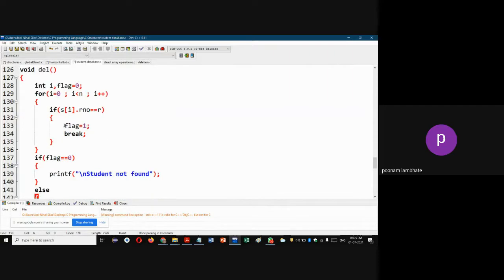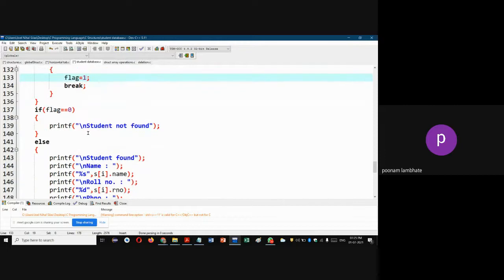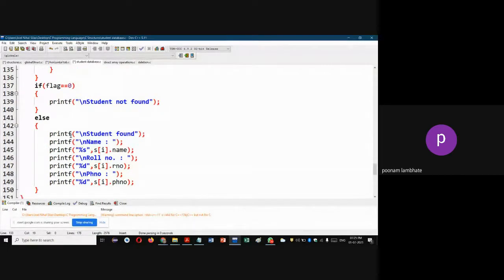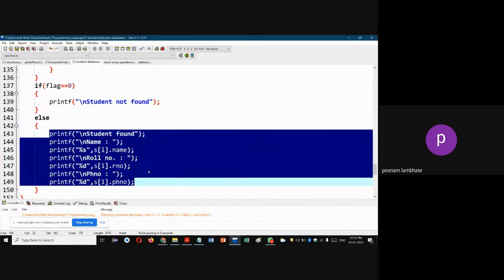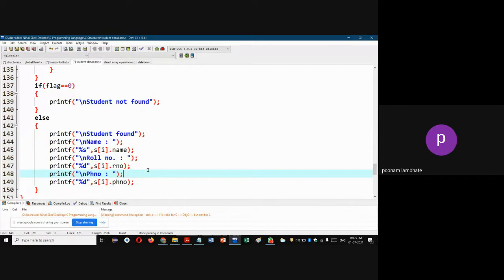So if it is found, I will make flag equal to 1 and break. And if flag is equal to 1, I have to delete that record. Otherwise, student not found if flag is 0. So if flag is equal to 1, I need to delete that. So what I'll do,